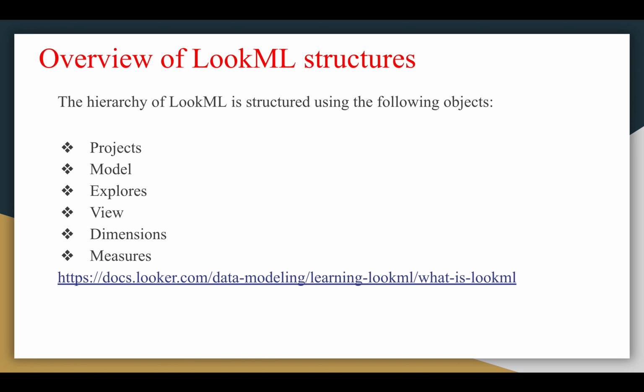Let me talk about the projects first. We are going to see projects in detail. What is a project? The highest level LookML object is the project. A project is essentially a library of code that typically maps one to one to a data source or a database connection. You can think of each project as an almost independent mini instance or microcosm of Looker.